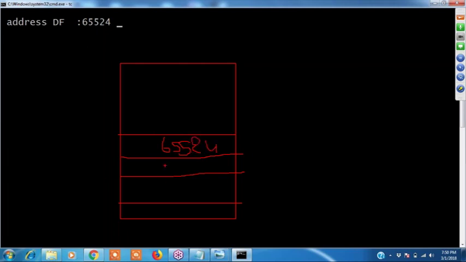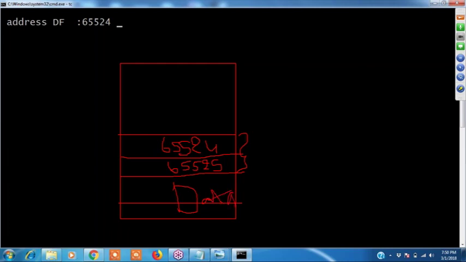Y value is what? 65,525? This value is stored in 24 and 25, right? This is x. Some data is already there in the other bytes.